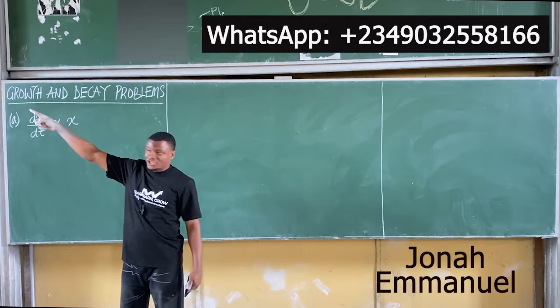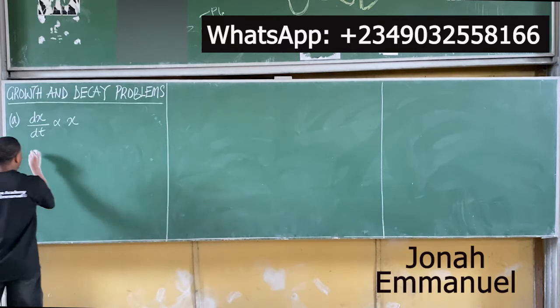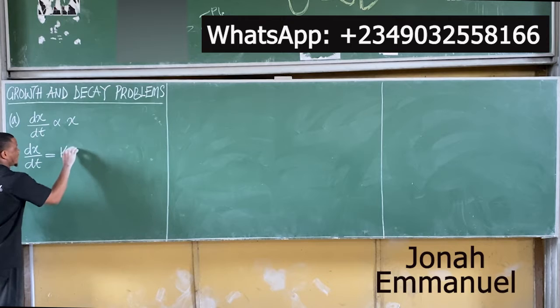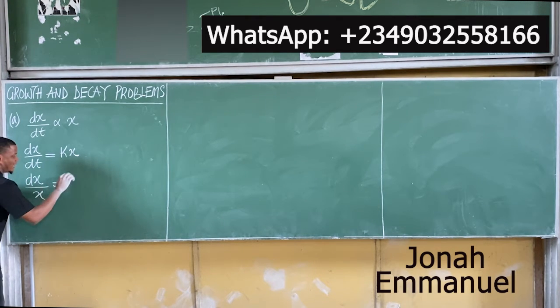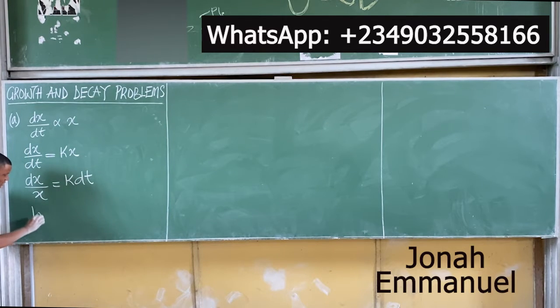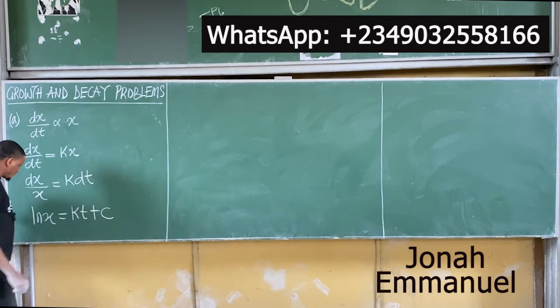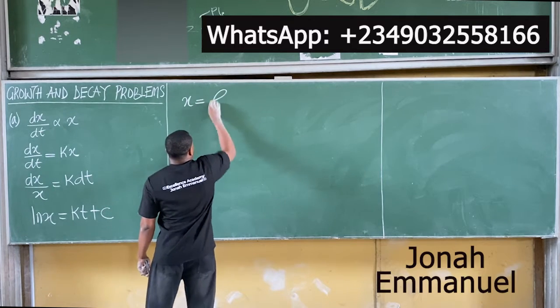An increase in population, so I'm using positive x here. Let's continue with this. This becomes dx/dt is equal to kx. I'll be a bit faster with this because we've done this already. So dx over x is equal to k dt. This gives you ln x is equal to kt plus c. From here, we say x is equal to